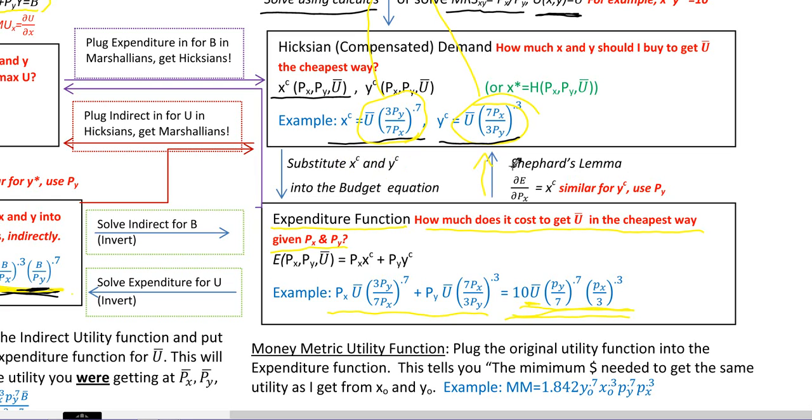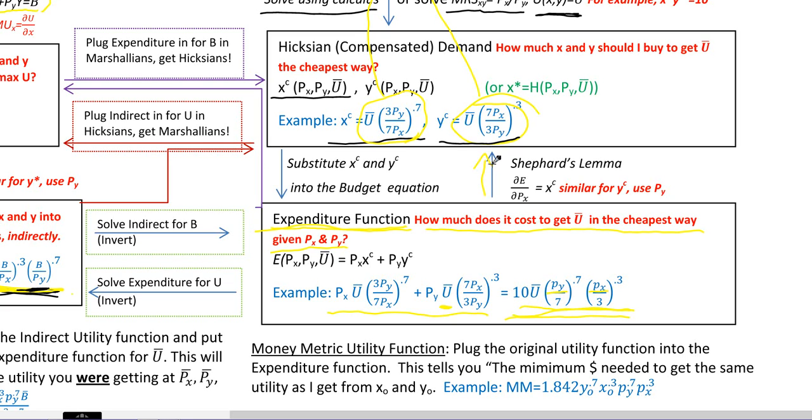Now, most of the time we think about Shepard's Lemma as being used in producer theory. Because what it's used for in producer theory is to take the derivative of a cost function to find an input demand. But Shepard's Lemma is just as useful here because the expenditure function is a cost function, just like a cost function when you're studying production. But instead of producing some amount of output, the output here is utility. So for producing some amount of utility, with the price of input Y and price of input X,